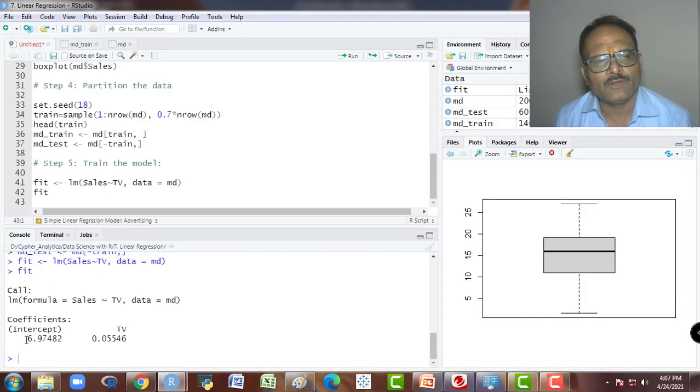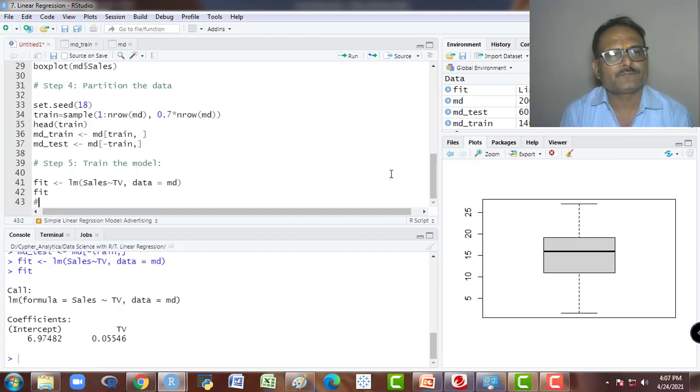So with this coefficient and this intercept, if I write the equation, it would be like this: sales is equal to 6.097482 plus 0.5546 into TV.